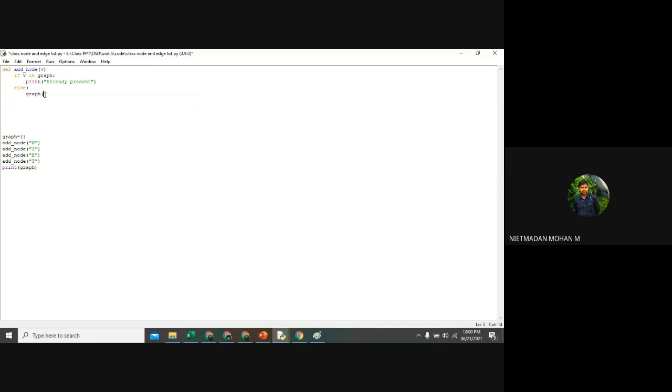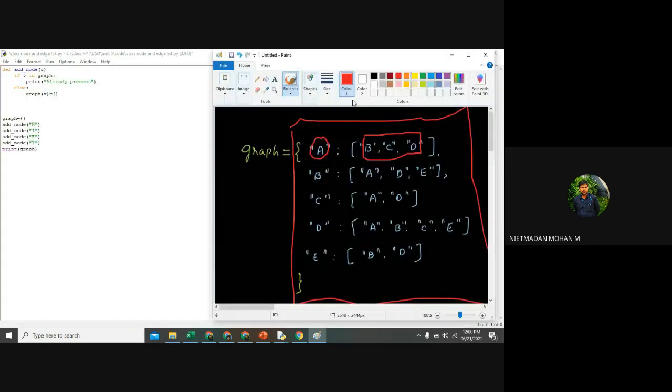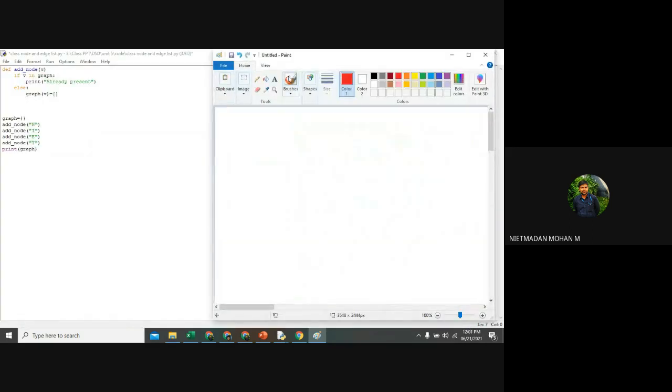Graph of v is equal to an empty list. I will tell you how this happens. So first thing, I want to insert a node. That means I am going to insert a node called N. And once I am inserting, I have already told you that in a dictionary, N is my key.